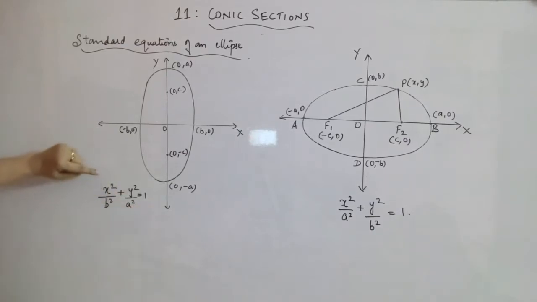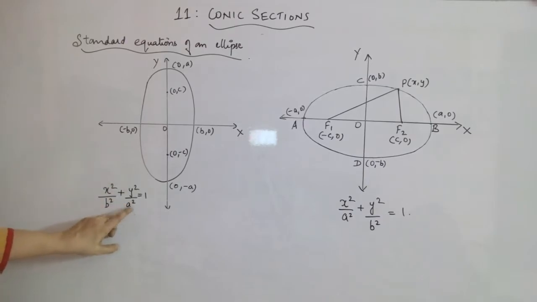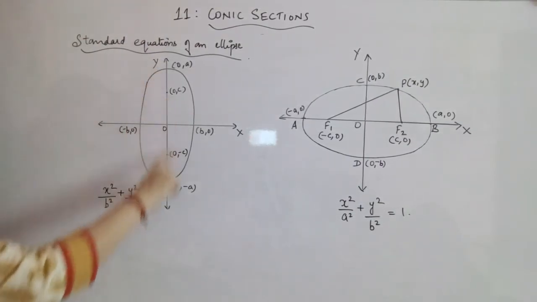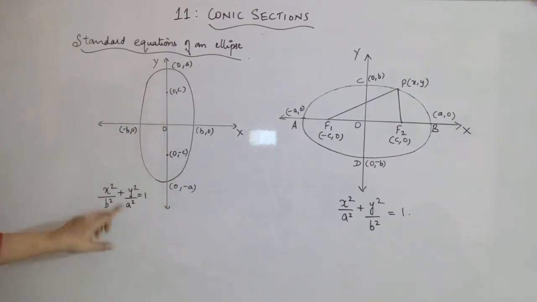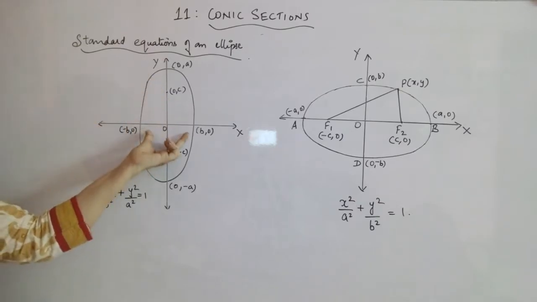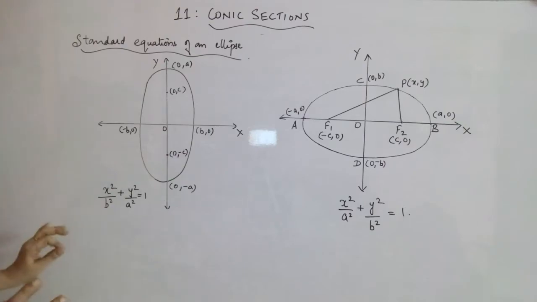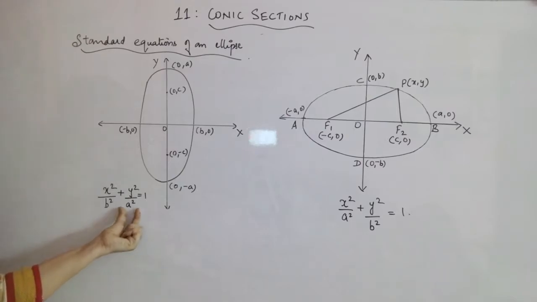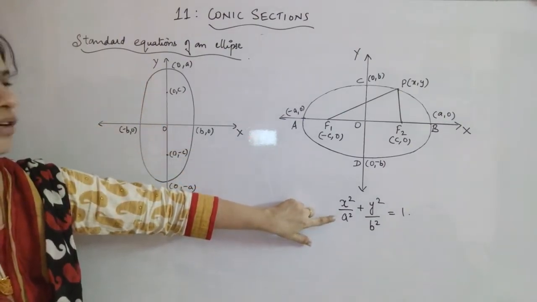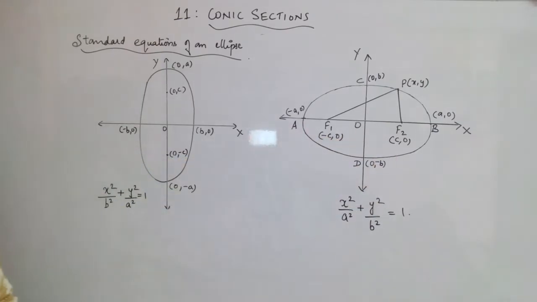So whenever you have this, the denominator should be the longer. Whichever denominator is the biggest, that axis will be the major axis. Understood? Here this a means this is the length. You can just see that this is longer than this one, right? So whenever you have the equation, in order to identify which will be the major axis, what you have to do is go for the denominator value. When y square's denominator is bigger, that means the y-axis is the major axis. When x square's denominator is bigger, it will be of this form, that means the major axis will be on the x-axis.